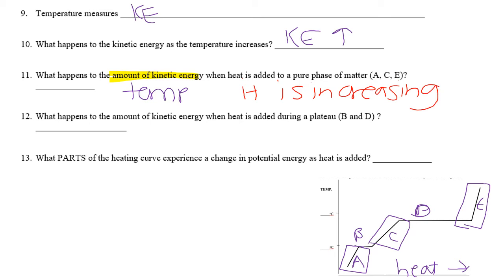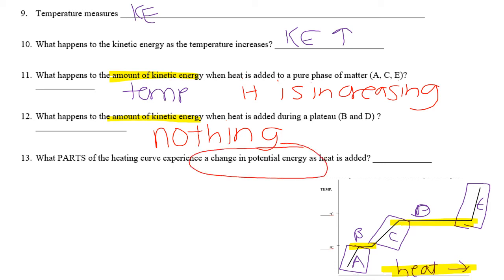Number 12, what happens to the kinetic energy or to the temperature when heat is added during a plateau? Nothing. We already said that. At the plateau, there's not a temperature change. And so if heat is constantly being added, we said this earlier. At the plateaus, the flat part, heat is not becoming kinetic energy. So instead, it must be becoming potential energy. And so what parts of the heating curve have a change in potential energy? The plateaus,